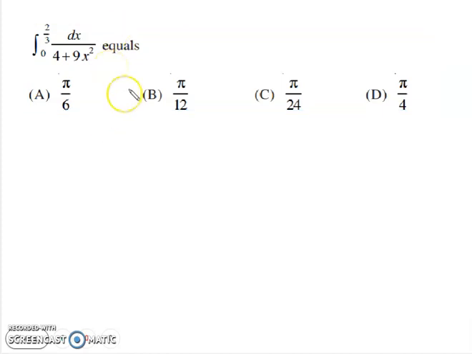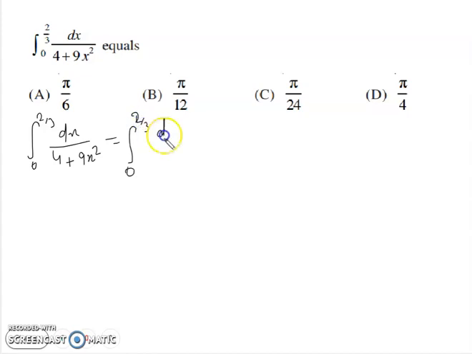So today I am going to discuss a very important question on the definite integral, and according to this question we have to check which option is correct. The question is: the integral from 0 to 2/3 of dx by 4 plus 9x square. Are you getting my points? And the limit is 0 to 2/3, okay, dx by, now I am going to